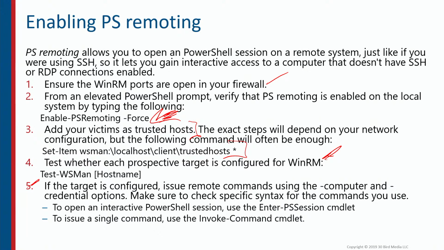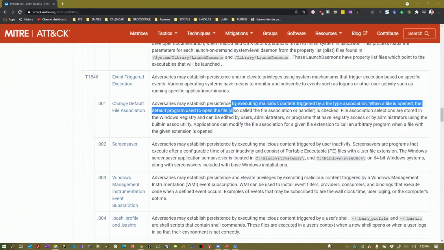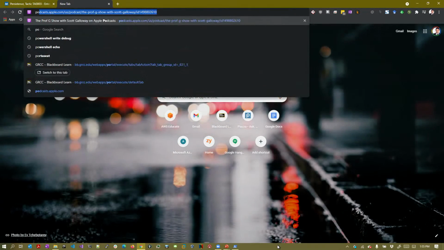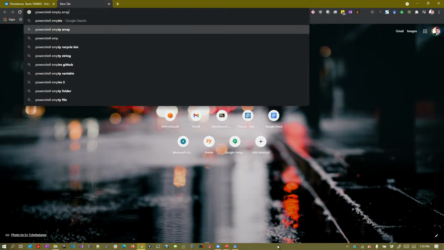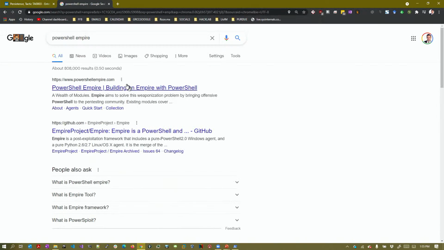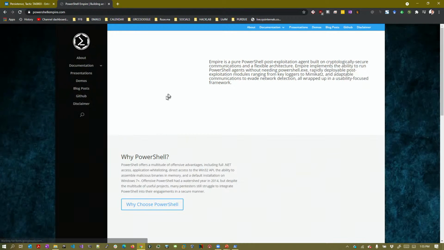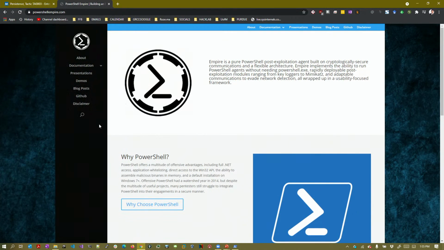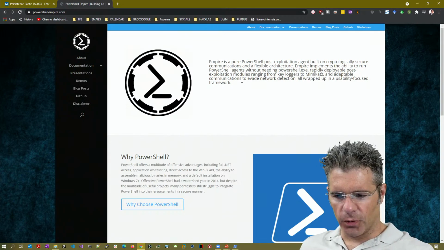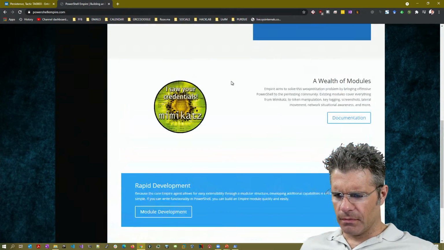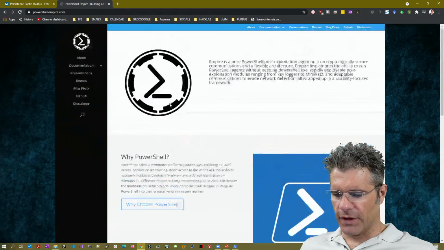So you provide credentials, you can enter an interactive shell, or if you just want to run one single command, you can go through and launch that. And there are tools that automate this whole process for you, like PowerShell Empire, which is a framework designed to help you go through and do all sorts of fun Windows exploitation, doing things with our friend Mimikatz.